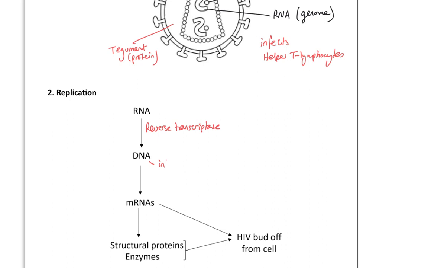So this integrates into TH cells' DNA chromosomes. It uses an enzyme called integrase, off spec. It's also in the virus. That means the cell is permanently infected with HIV. So it's got the genome of HIV, and these T helper cells live for a long time, decades. And then we're going to make